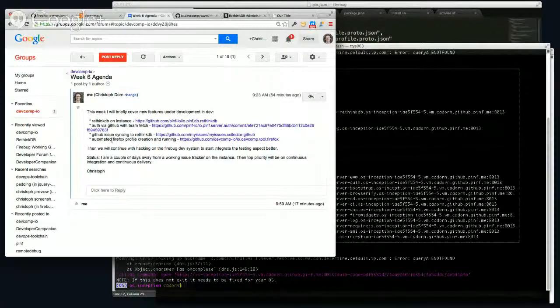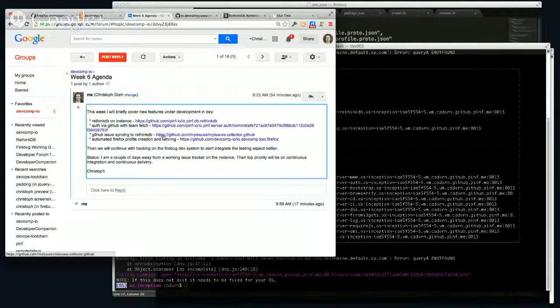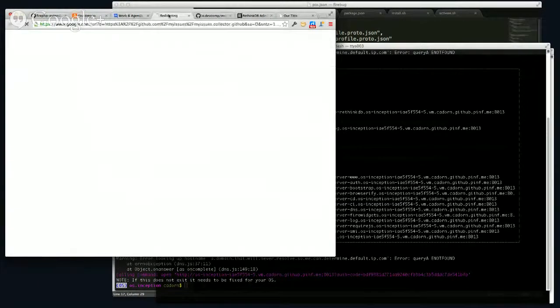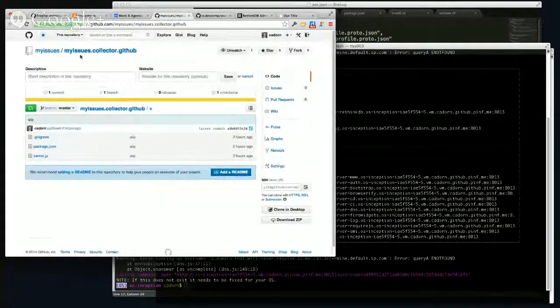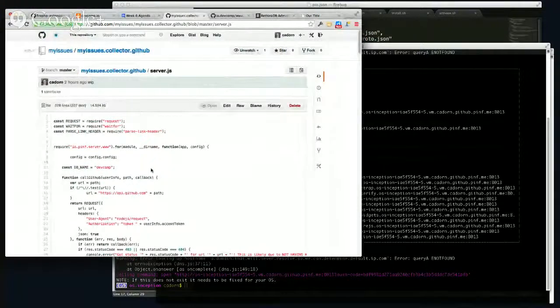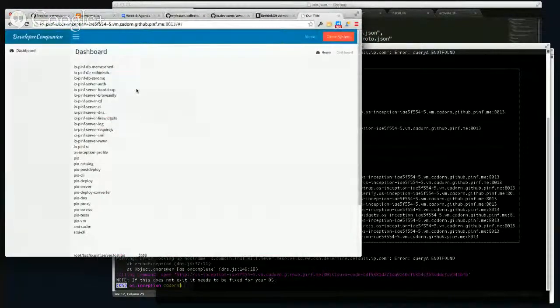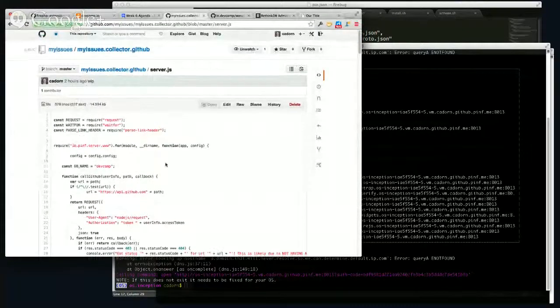Okay, GitHub issue syncing. The next thing is to get the issue tracker working, so we have to start syncing issues. I've implemented a new project called My Issues. My Issues is a new project I'm starting, which allows you to aggregate issues that you have in various issue repositories into one space. To do that, you declare multiple collectors. So you have the My Issues collector for GitHub, and once you authenticate it in the admin here, it gets your access token, and then it can connect to GitHub and